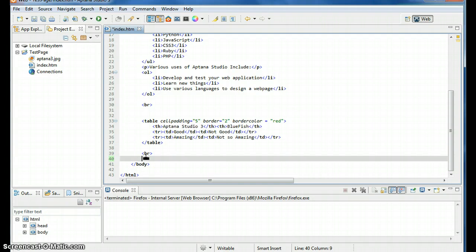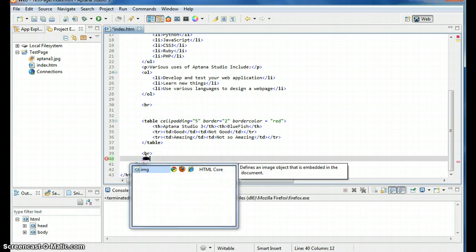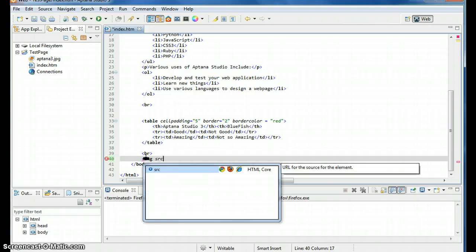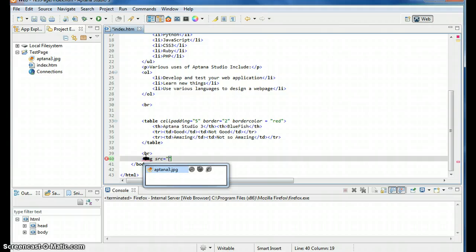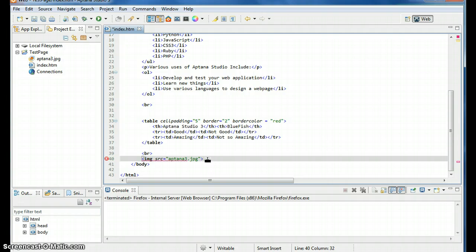So now comes the exciting part of actually inserting the image. To do so, we will start off with a bracket, type in IMG for image, SRC for source, an equal sign, and quotation marks. Due to Aptena Studio 3 being relatively automated, if you saved your picture into your project folder like you did earlier, it will recommend the picture right here for you to select, which is much easier than having to navigate somewhere and insert it manually. Just kind of a nice feature of Aptena Studio. So you just double click on that, add your end bracket,